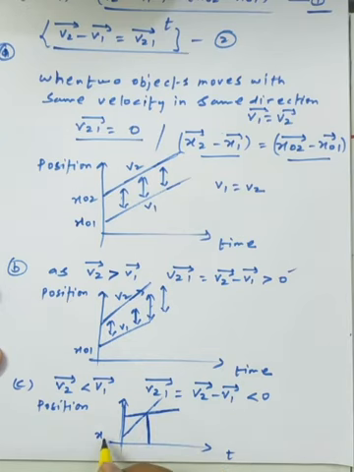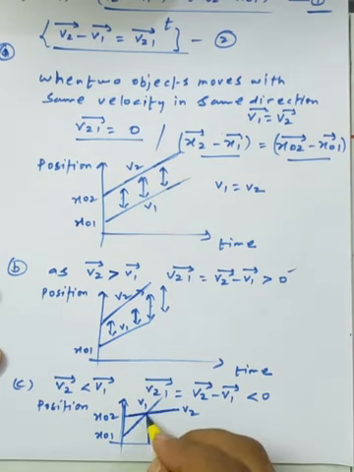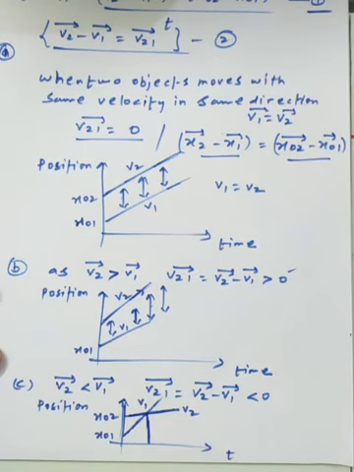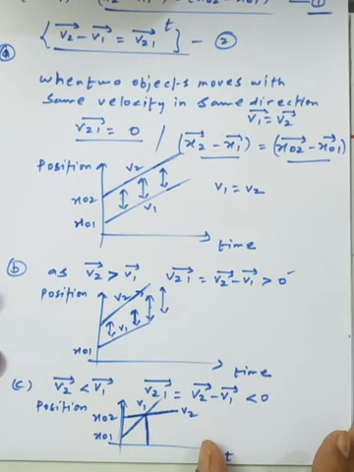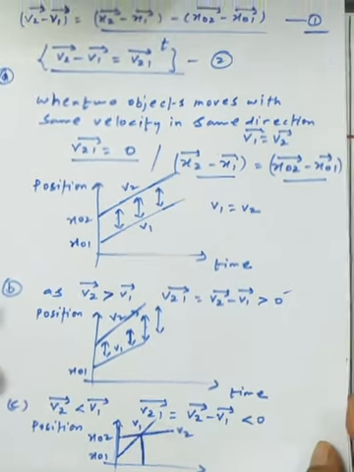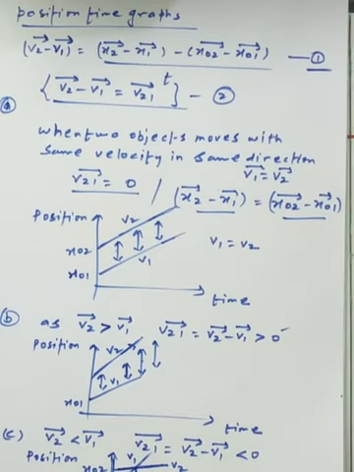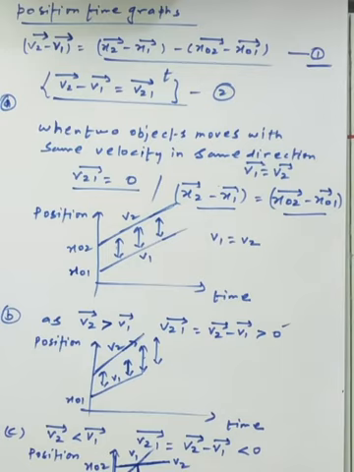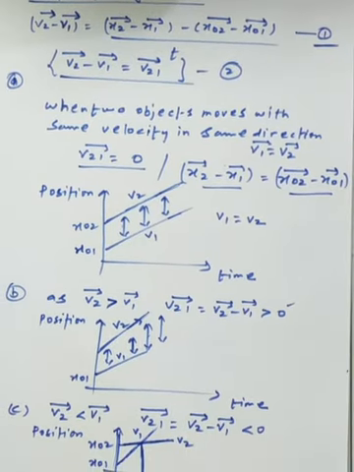This situation arises on the road generally: x01 and this is x02. In this graph, this is v2 and this is v1, which gradually increases. So definitely at an instant of time it will cross the second car. Whenever two objects are moving in the same direction, these are the general graphs we have. First we have to discuss relative velocity in one dimension, then we will be able to discuss relative velocity in two dimensions.